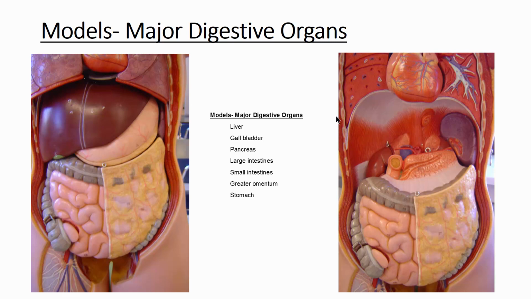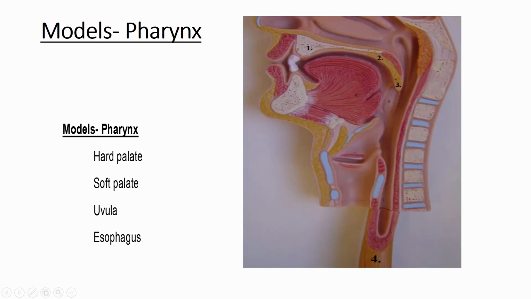The lesser omentum connects the base of the liver with the top of the stomach, and of course it's hidden by the lobe of the liver. And then of course the J-shaped organ there is the stomach, and we'll get to it in a second. As far as your pharynx, we've already done this from the respiratory standpoint, but now from a digestive view,